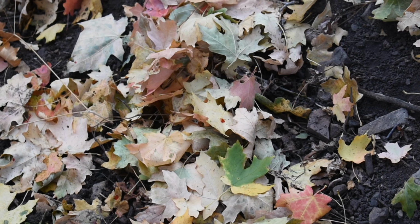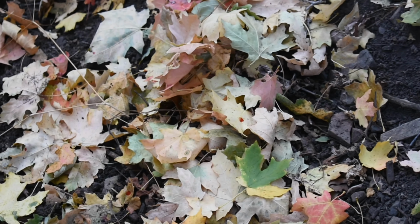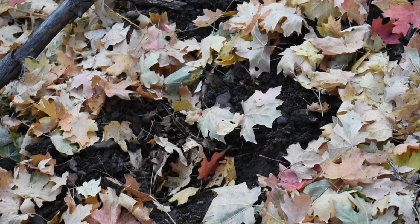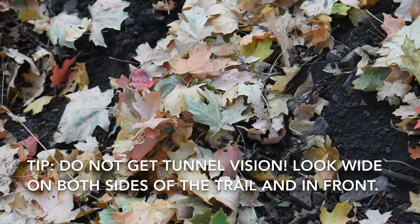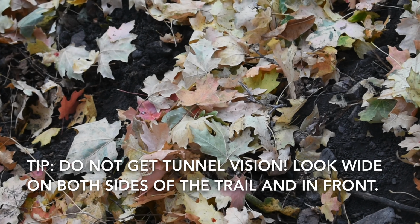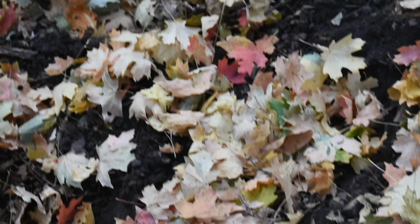Alright guys, so really quick, we've got a little speck of blood right there, but I just wanted to talk about how it's super important that you don't get tunnel vision, that you don't just get focused on one little path and only look there for blood. At any point, the deer can run to the right or to the left or change course. So it's super important that you're keeping your eyes open, looking all around. And as you can see, guys,